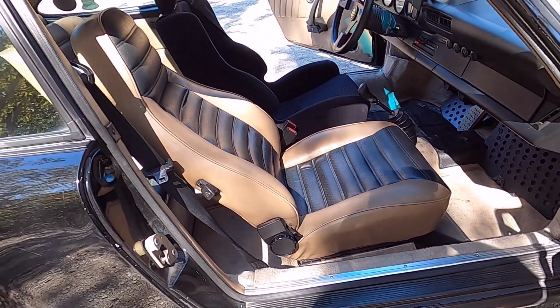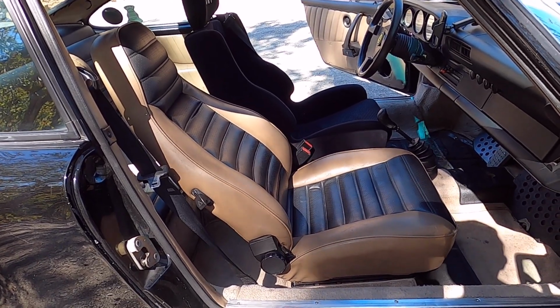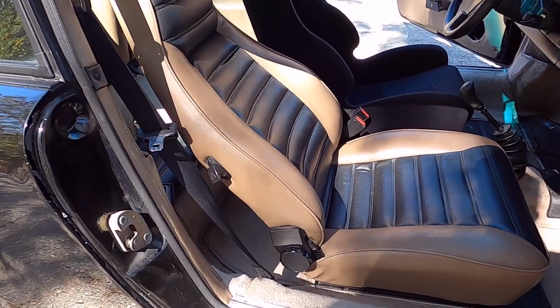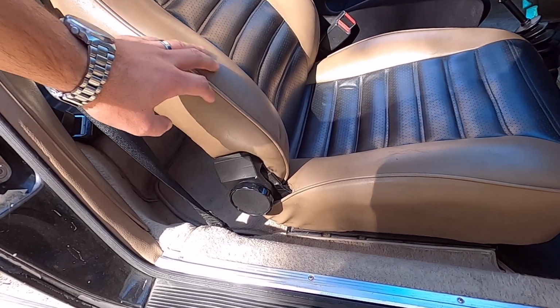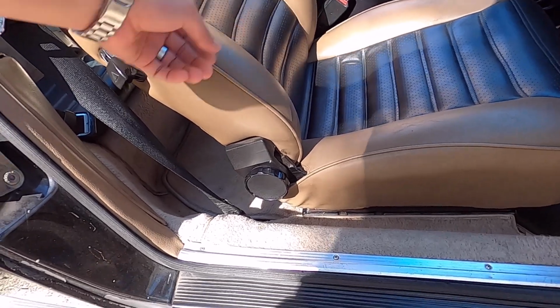Somewhere along the line, I believe maybe in the 90s, someone replaced the original seat leather with this two-tone leather, which I really don't mind. It's not offensive, and it's kind of unique. This medium brown leather with a black stripe in the middle,